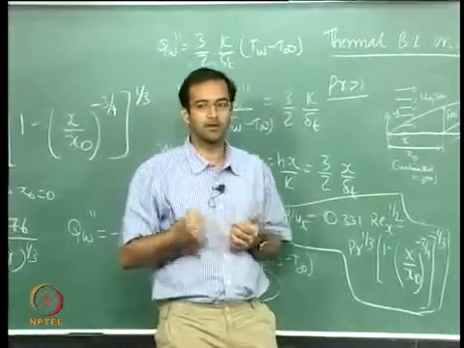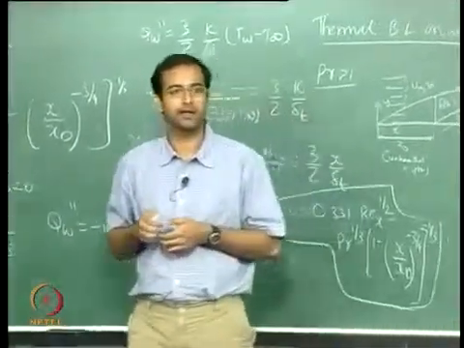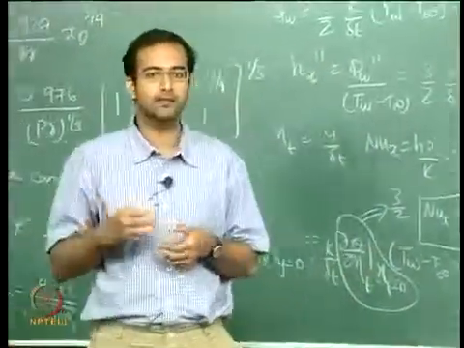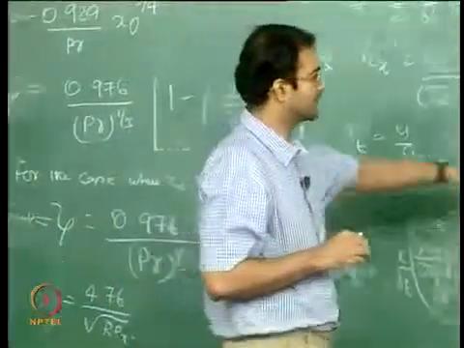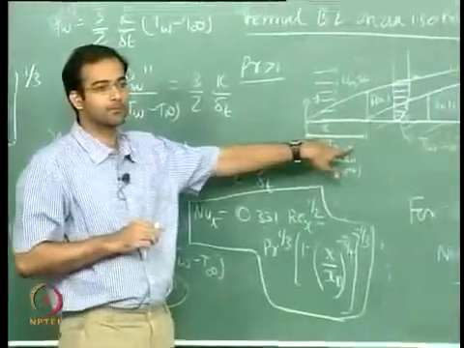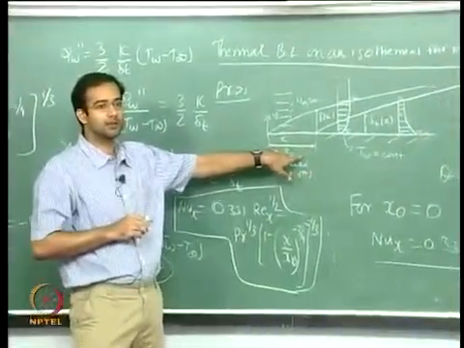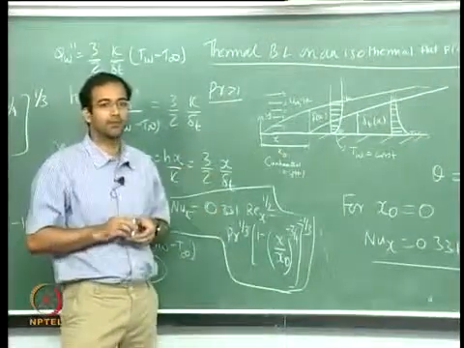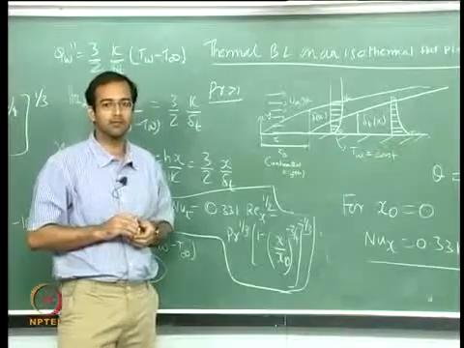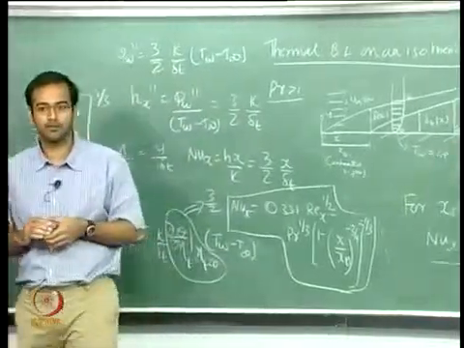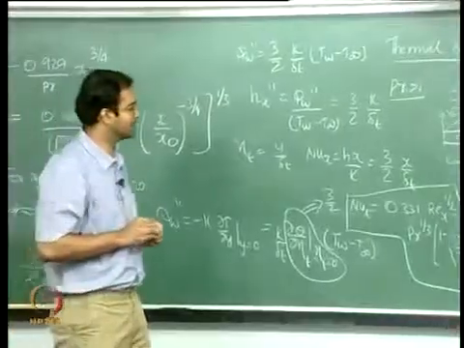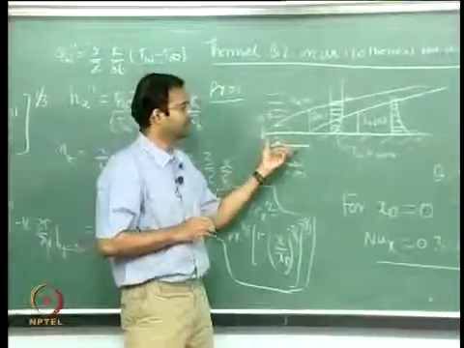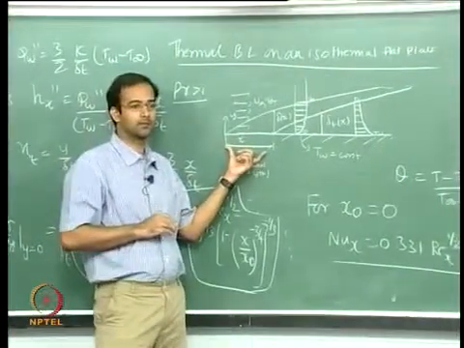So the approximate method, the integral method, gives us a choice to also impose this condition of unheated length. Not only does it make our derivation relatively simpler compared to the similarity solution,